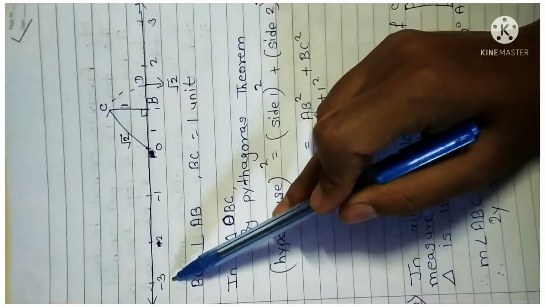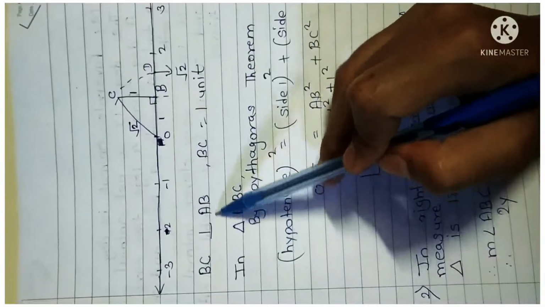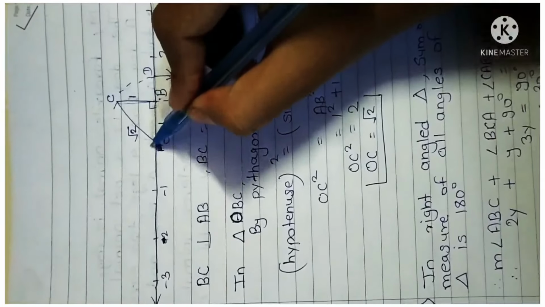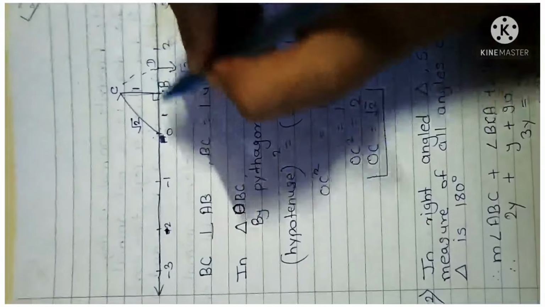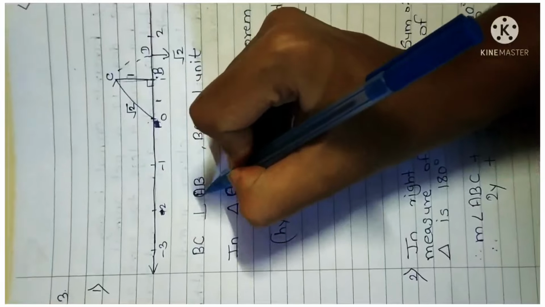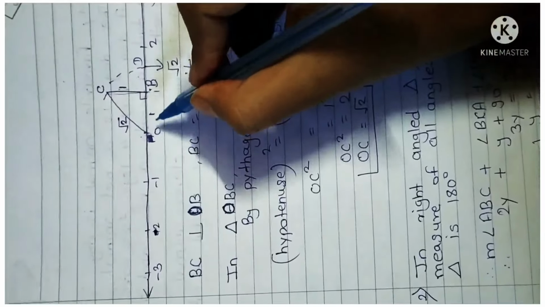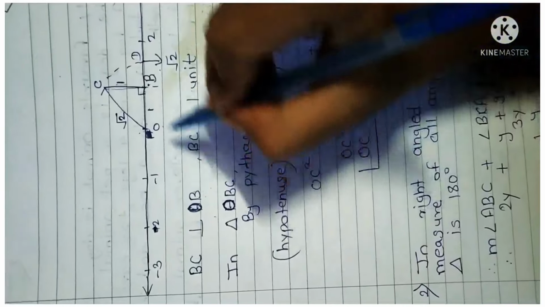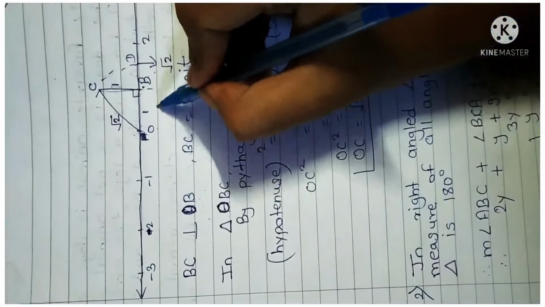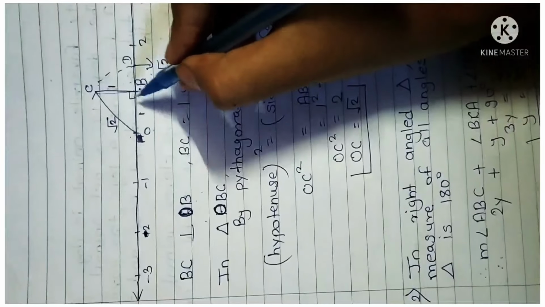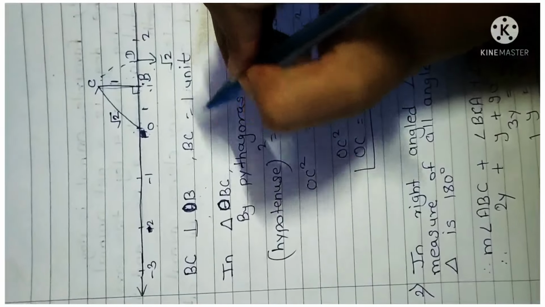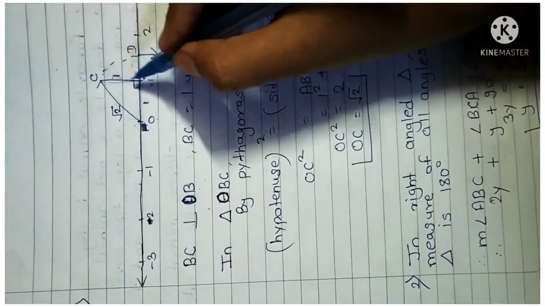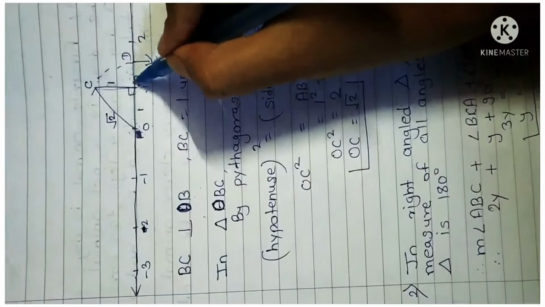Then first of all you have to do BC is perpendicular to AB, means what? This BC perpendicular to, here you have to write OB. Then BC is perpendicular to OB. We know that if this is perpendicular, then the measure of angle CBO will be 90 degree. Then we have to put BC is equal to 1, that means OB is equal to BC is equal